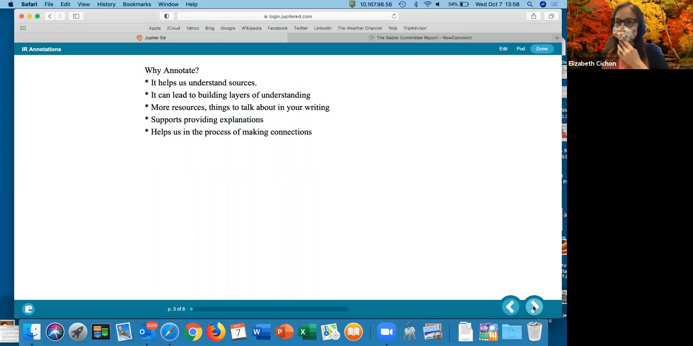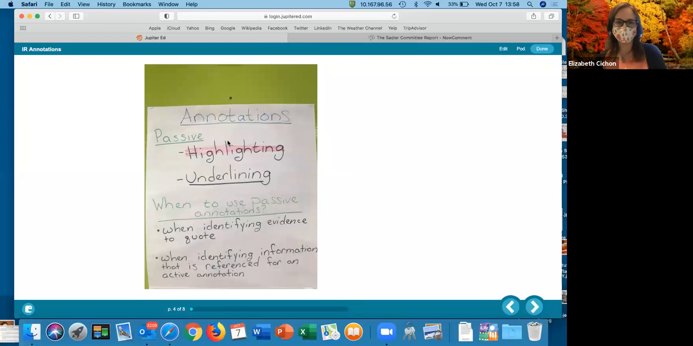So we're going to talk about annotating, but we're going to talk about primary annotations, secondary annotations, and even tertiary annotations. Stick with me. It'll help. It gives you more resources and things to talk about in your writing. So the more you annotate a document, the more sentences you have for your essays. A lot of you guys try to say everything in a sentence or write everything in one paragraph. That doesn't work. You need to expand your thinking. You need to provide layers of explanation. You need to be able to make connections. So when we talk about annotations, right,